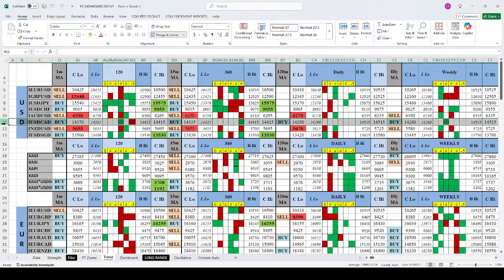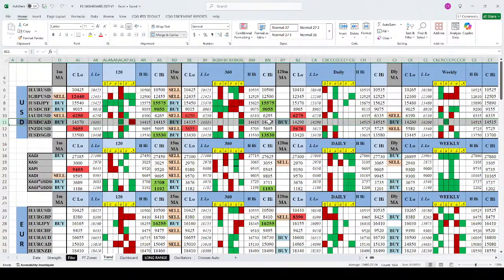Okay, the next one we're looking at is dollar CAD. Dollar CAD, the trend hourly is flat with an upside view. Your 360 is also flat with an upside view. Daily is flat. Weekly is flat with an upside view. So that means there's no selling force involved. We should be going for a buy, and we should exit before